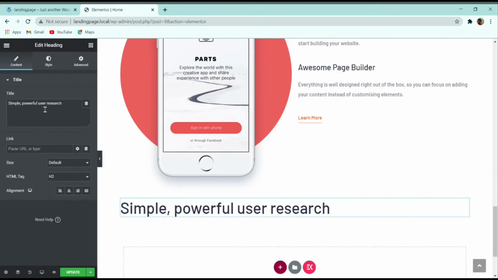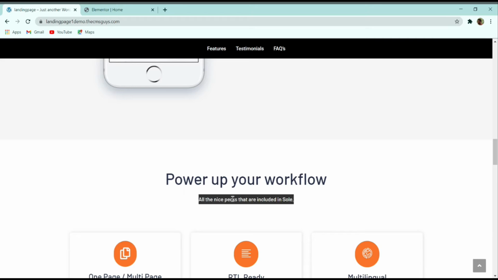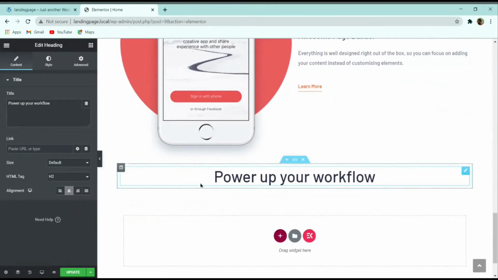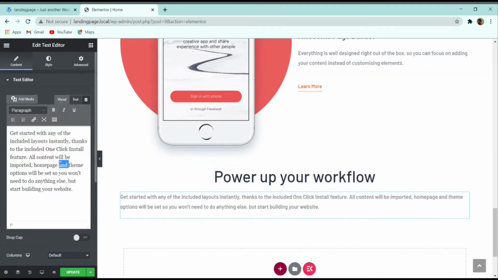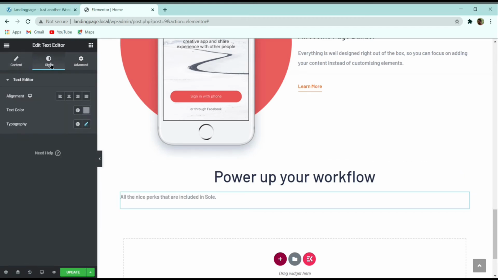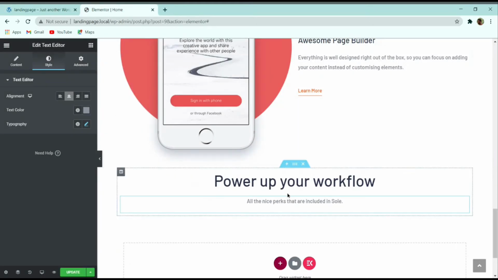So after that, here in this title section I will change the text, and then I will make the alignment to center align. And then after that, for this description text, for this one also again I can copy the same text from here and paste it here, and I will go to the style, and here I will make the alignment to center. So now with this you can see how easily we have created these two texts over here.